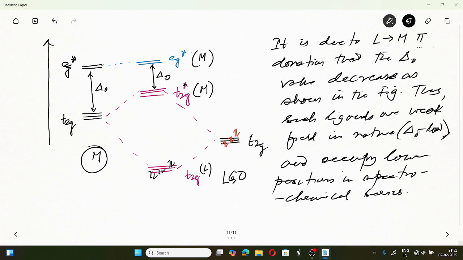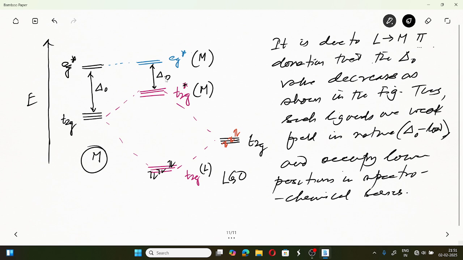কেন lower position হচ্ছে তার কারণ it is due to such ligand to metal pi donation, এই ডেলো ভ্যালুটা ডিক্রিজ করে যাচ্ছে, বুঝতে পারছো? ডেলো ভ্যালু ডিক্রিজ যদি করে ন্যাচারালি কি হবে, it will behave as a weak field ligand occupying lower position in spectrochemical series. তাহলে so this is, আমরা এই পাই বন্ডিংটা দেখাচ্ছি এইভাবে।